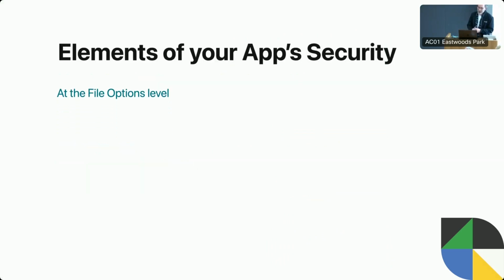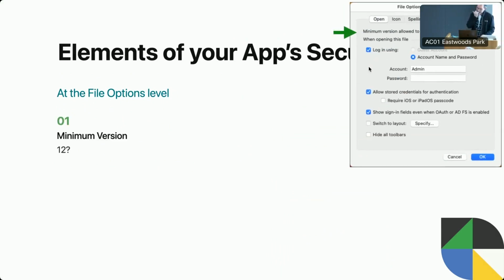Right, on to anything that you do at the file options level. Right? We're still not talking about privileges and that kind of thing. These settings are available in your FileMaker file. We have control over that, right? As developers, we have control over that. The first one I mentioned, you really shouldn't be setting that to version 12. What version should you set it to? It really depends, right? We often use that to control features. If we know that we're using features from FileMaker 20, we should set it to 20, right? So that nobody will by mistake open that file,